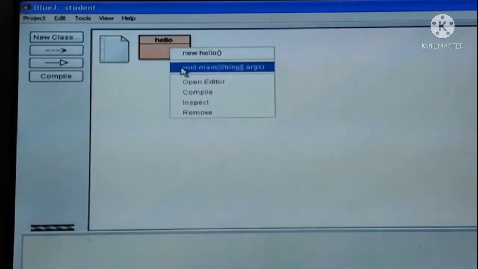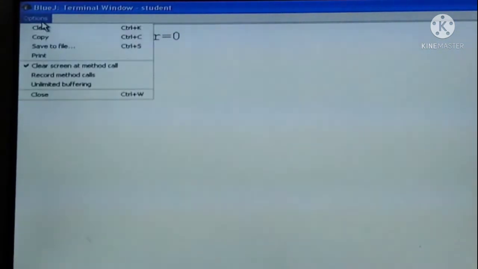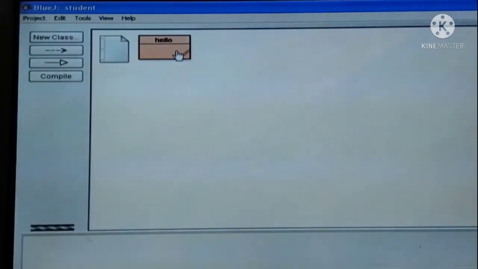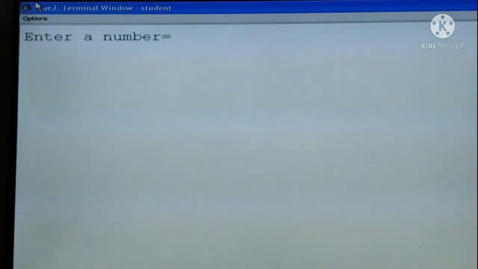It may be that the user enters 0. So your program should flash also that 0 is not prime. Accordingly, you have to flash the appropriate message. Okay, we will try with bigger numbers. So at random, we will be providing the numbers. Suppose enter a number, say 1113. Just check whether this is prime or not.